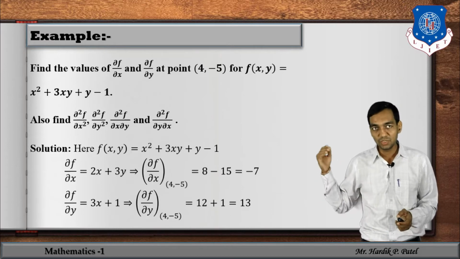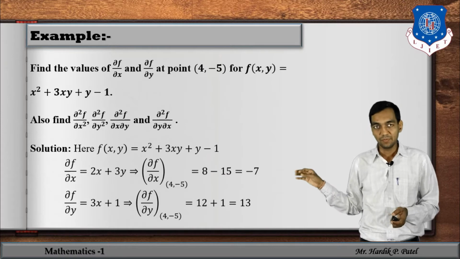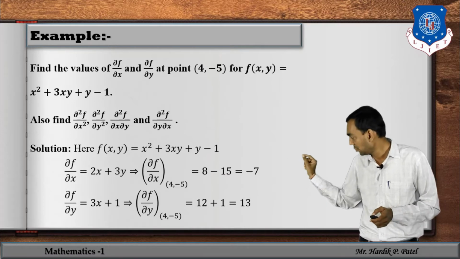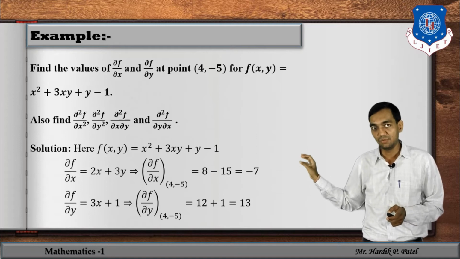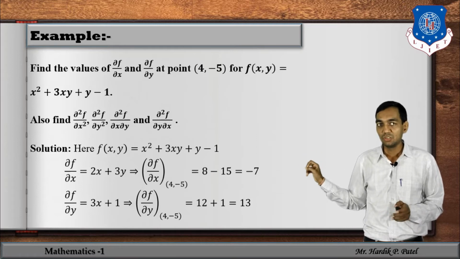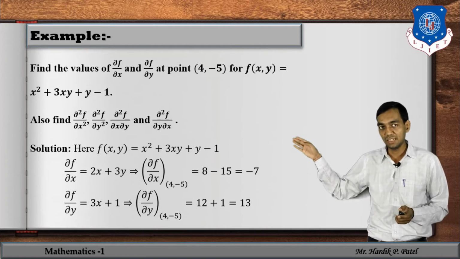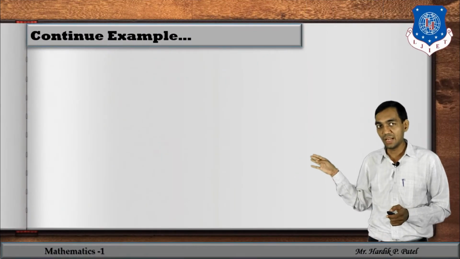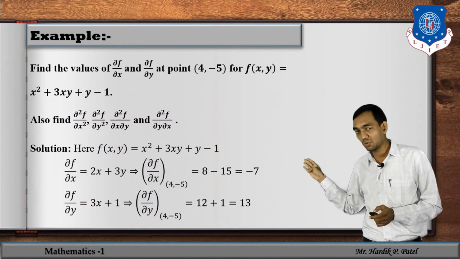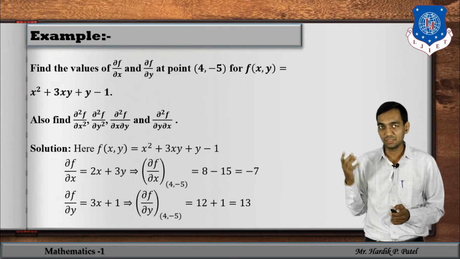So, you are going to differentiate with respect to x, that means del f by del x. So, see, now you are differentiating with respect to x, that means y is treated as a constant. Y is treated as a simple constant. So, first you have to take the derivative of x square, which is 2x. 3xy, in that 3y is constant, so it is going to be common out, and x has a derivative with respect to x of 1.